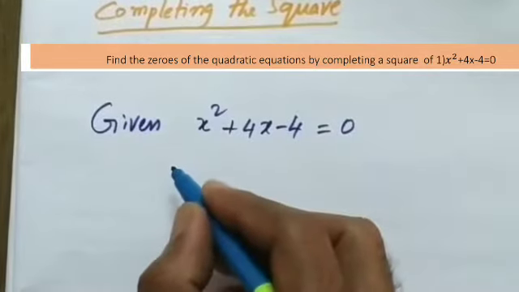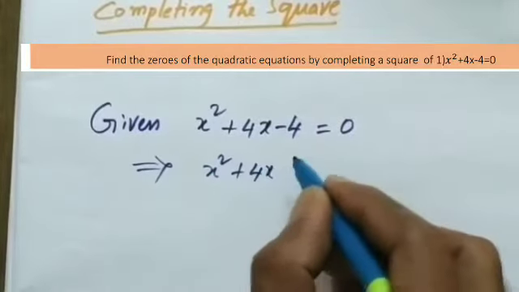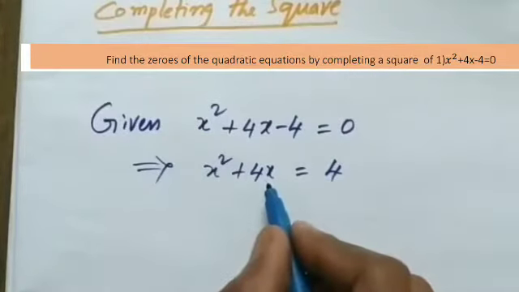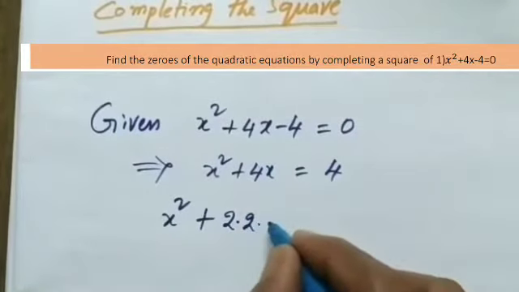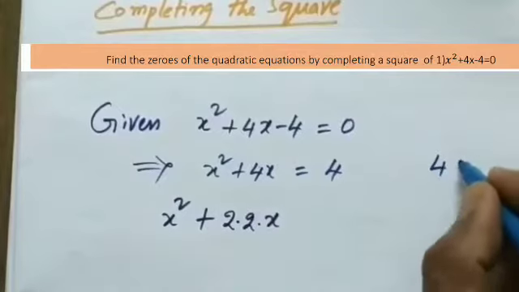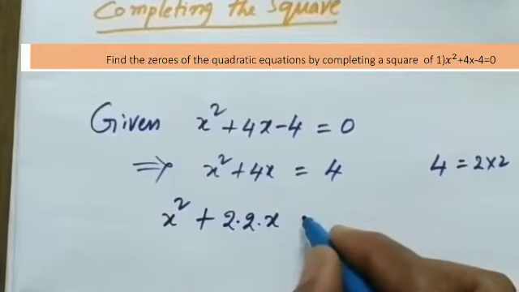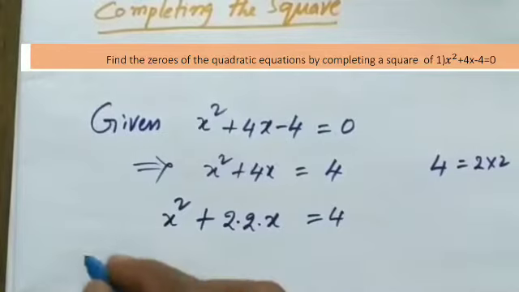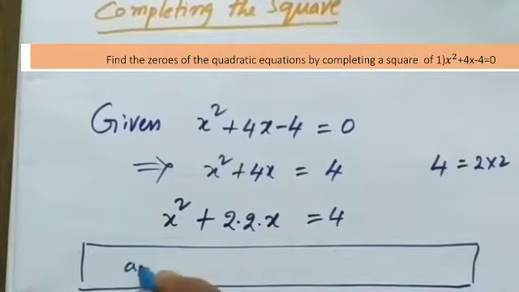Now we can solve the problems very easily by listening and seeing this problem. See the first one, x squared plus 4x minus 4. First step is to take minus 4 to the other side, you get x squared plus 4x equal to 4. x squared is a single term, with no coefficient other than 1. So you write 4x as 2 into 2, 2 into x. So here the b term is 2, the a term is x.